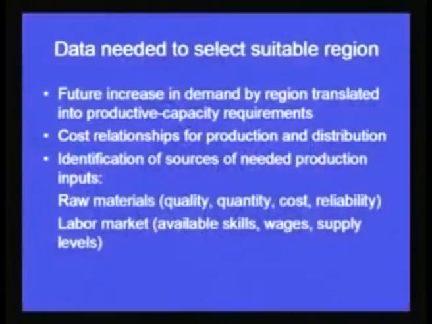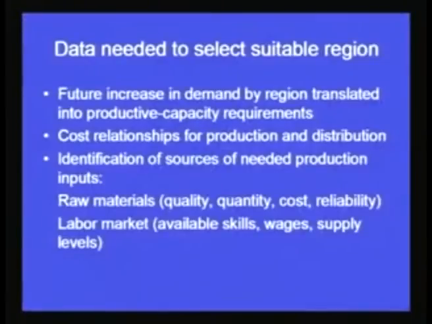Then cost relationships for production and distribution. We have already seen in the very first slide today that there are certain inputs which are transformed by the process technology into the final products, and these products are then finally distributed in the market. So we have to minimize the distribution cost, we have to minimize the input cost as well as the producing cost. So when these three costs are minimized, our overall location of the plant is justified. Then cost relationships for production and distribution have to be studied, or we need to have information regarding these two important points.